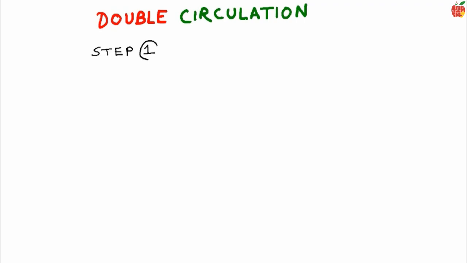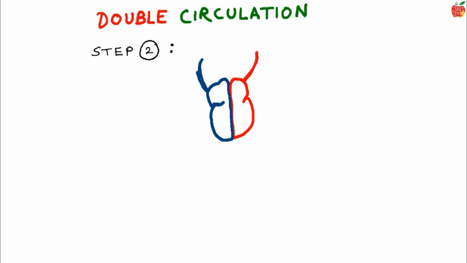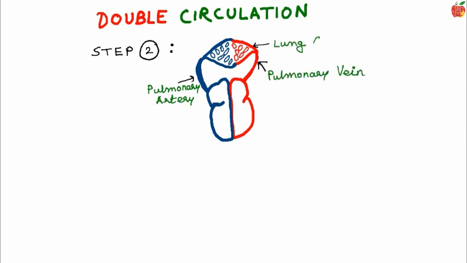Step 1. You start by drawing a rough diagram of the heart we drew. Step 2. Now you draw the pulmonary vein and artery that we drew in the heart diagram. So a tube from here, another from here, and now you can connect these tubes to a net. Let's do the labeling side by side to avoid waste of time. So that is the pulmonary artery to lungs and that is the pulmonary vein from lungs. And the net is lung capillaries.